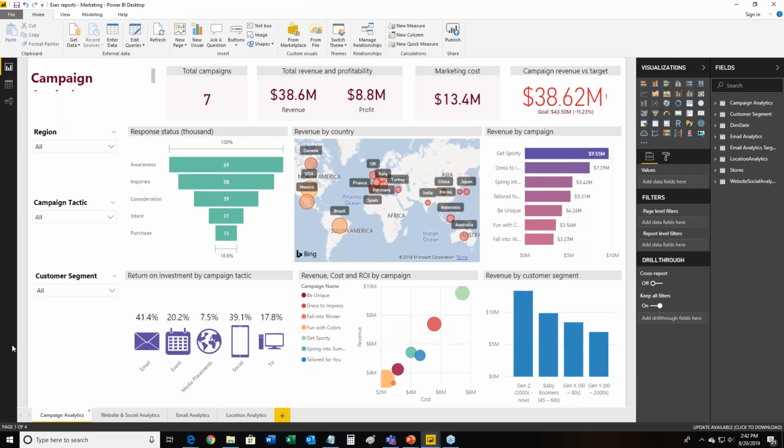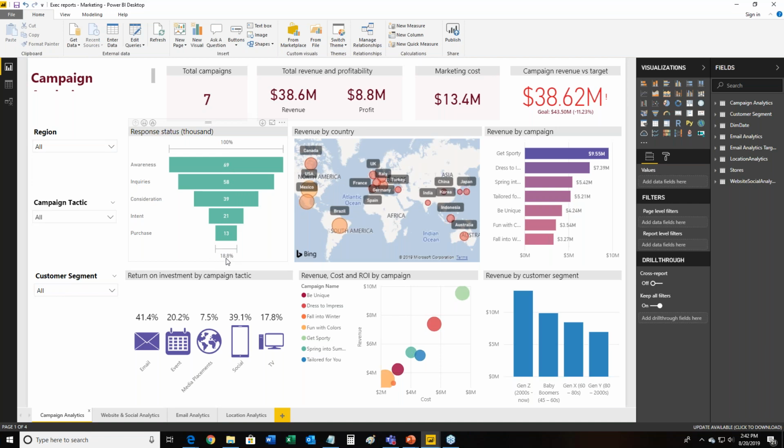So, whether you're using Dynamics 365 or Salesforce or a number of the other tools out there, you can pull that data in and start creating some very useful reports around marketing campaigns. I can look at my pipeline.